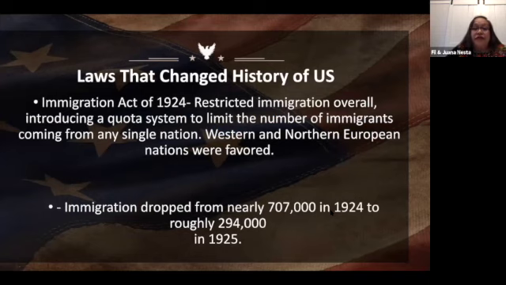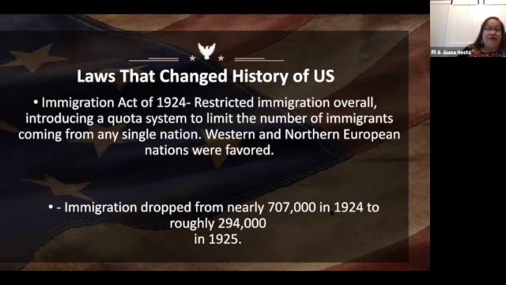Then in 1924, the Immigration Act of 1924 restricted immigration overall, introducing a quota system. Now, the quota system was what began to limit the number of immigrants coming from any single nation. This is where we begin to see radical changes and radical problems. Western and Northern Europeans were favored in these quotas, and immigration dropped from nearly 707,000 in 1924 to roughly 294,000